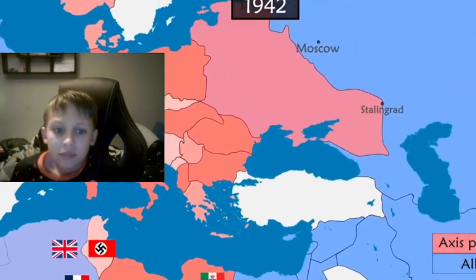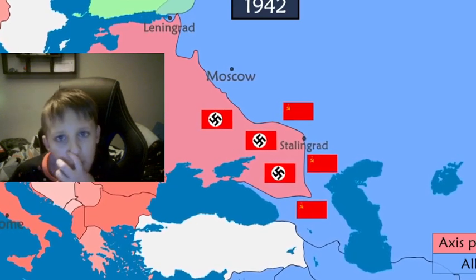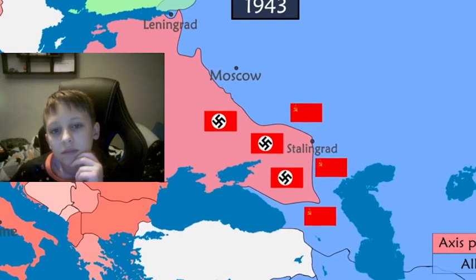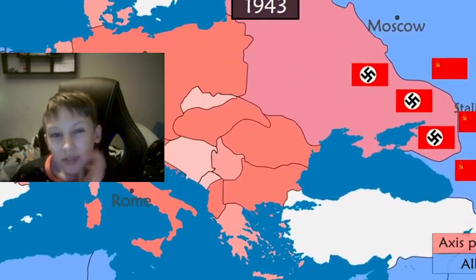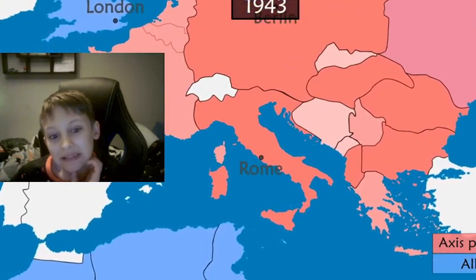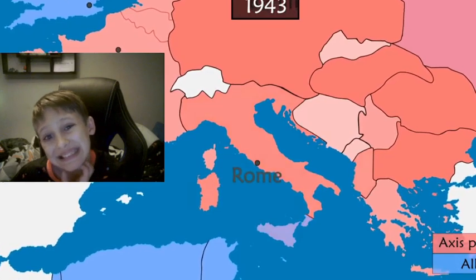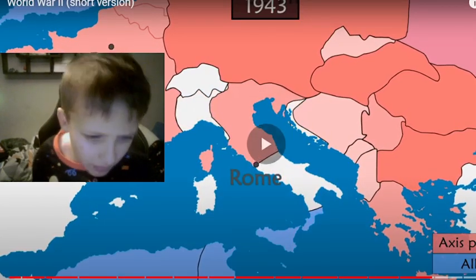In the east, Axis forces try to cut the supply route of the Caucasus, but in 1942, for the first time, the German offensive undergoes a major military setback. The Soviets take the initiative and counterattack. Africa is now entirely controlled by Allies who organize a landing in Sicily. The new Italian government requests an armistice, causing the Germans to invade.